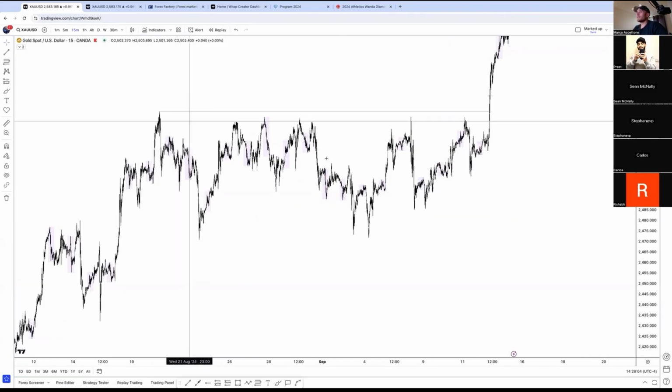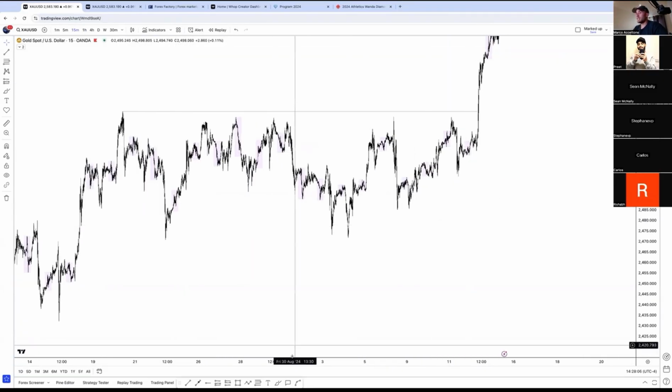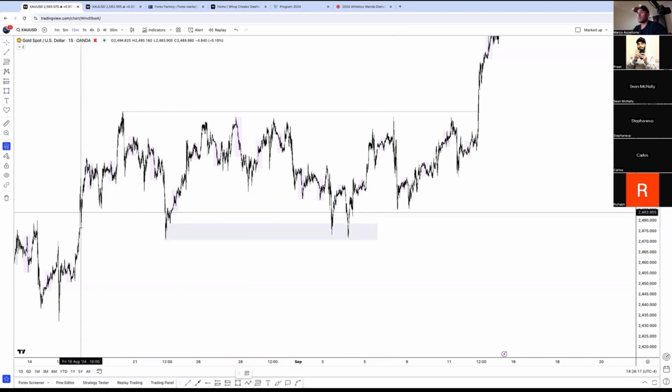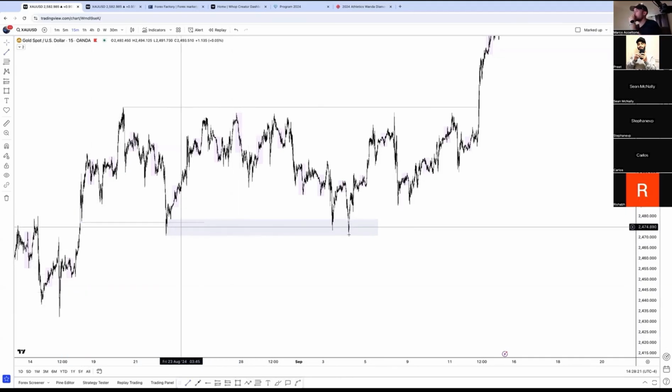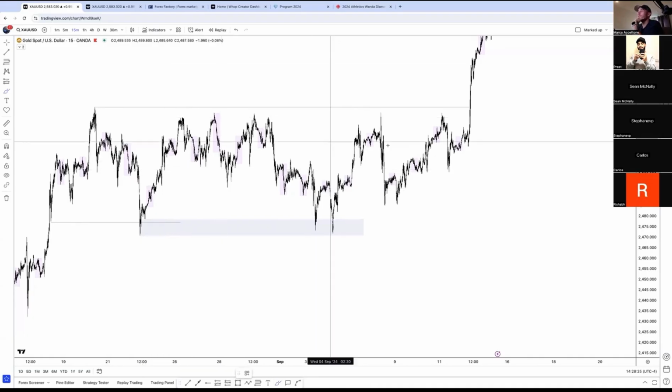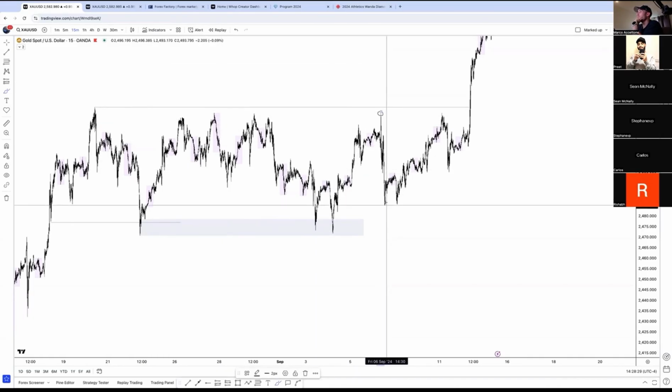Okay, lots of liquidity to the upside, as we can see here. Price ends up coming all the way back down to this extreme, mitigating this liquidity block. Then we've gone bullish ever since. You can see, with me just zoomed out like this, does it make any sense for this sell to occur?